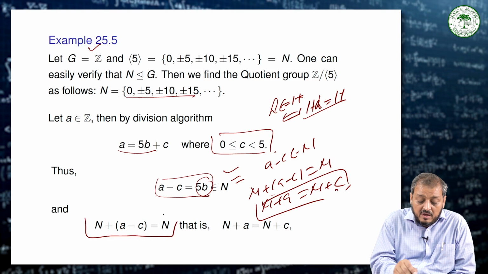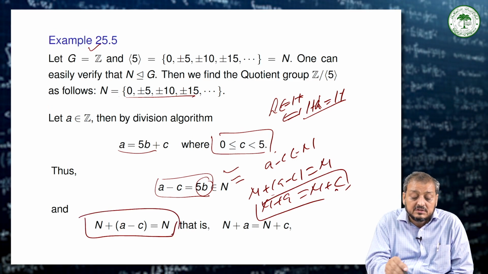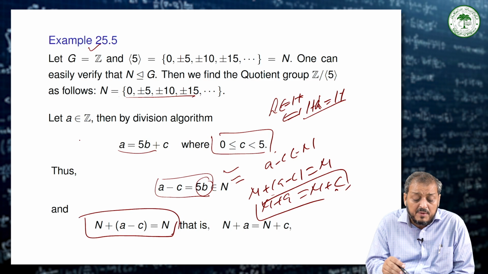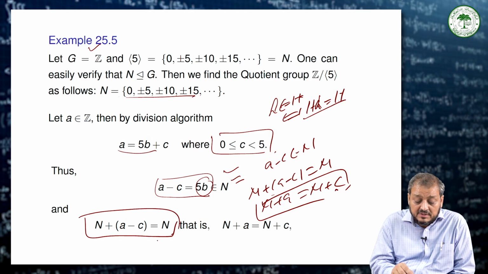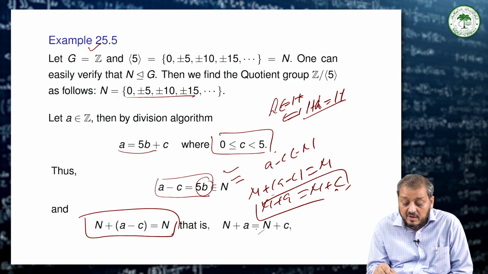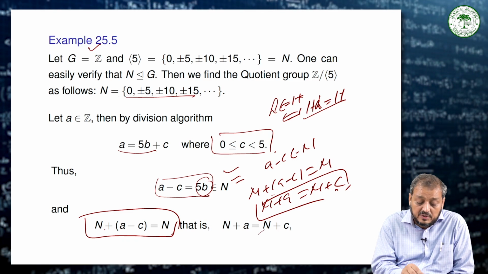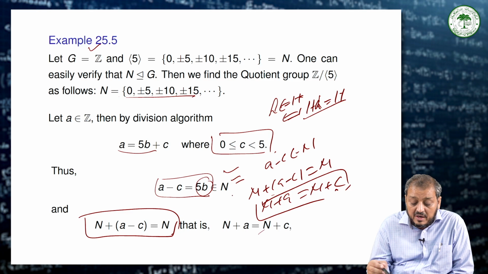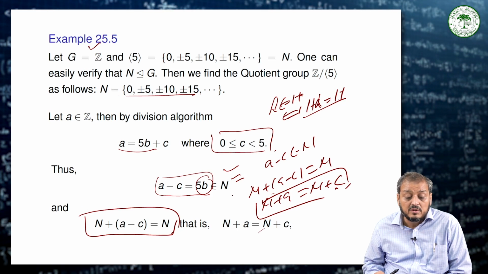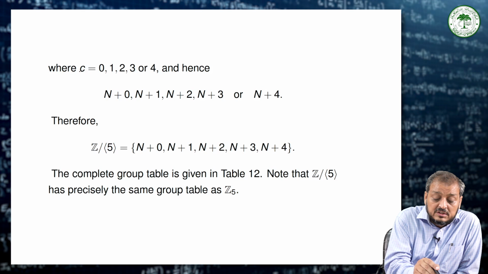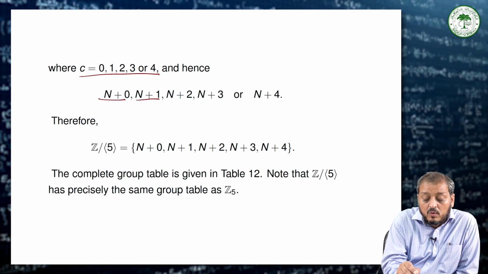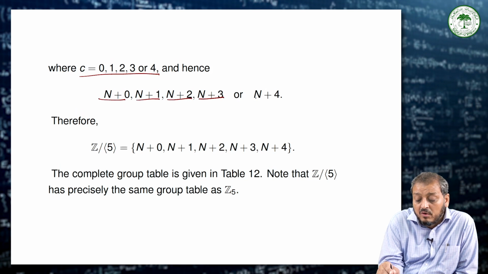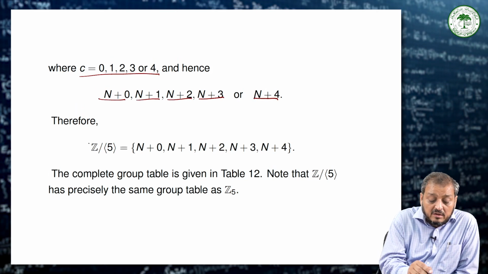So if a minus c is an element of N, then this can be written as N plus a, and that is because c lies between 0 and 5. So we can say that N plus a is the same as N plus c, where c is equal to 0, 1, 2, 3, 4. So N plus 0, N plus 1, N plus 2, N plus 3, or N plus 4. So therefore Z